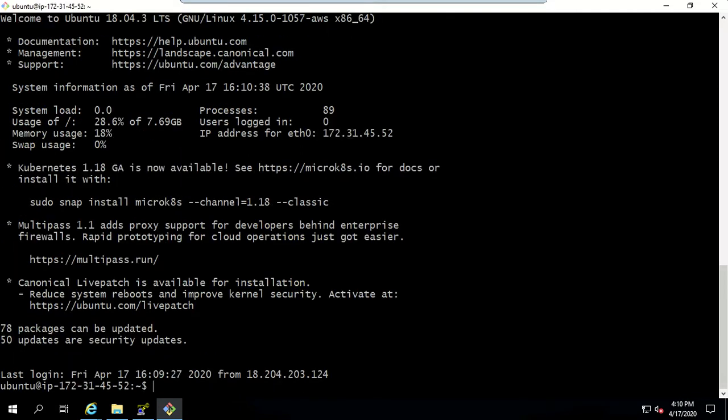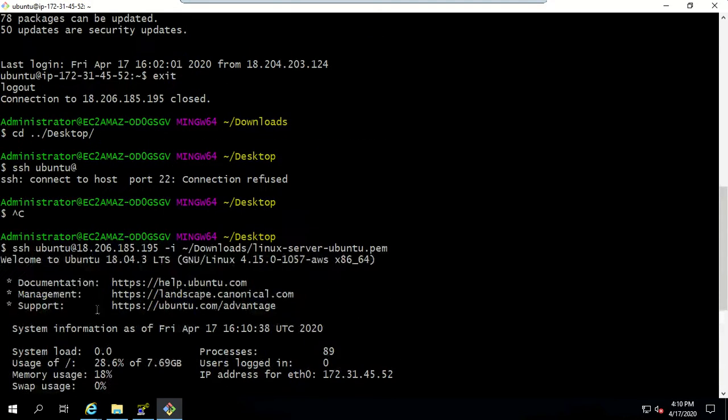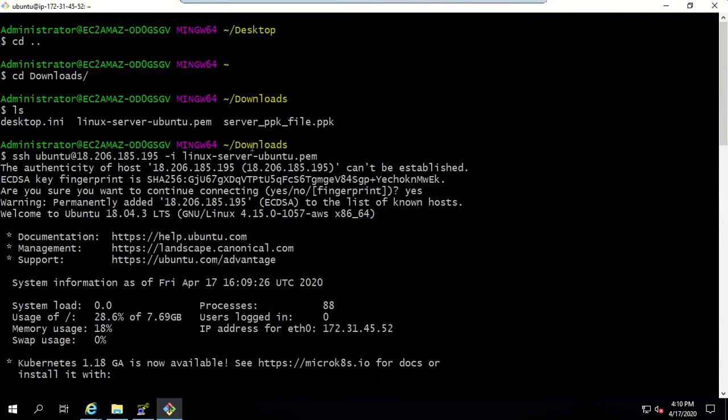This is also valid. So it's up to you which option you want to utilize. You can either give the entire location, or you can be in that location and give the PEM file name. This also works. So this is how you can use the SSH command to connect to your EC2 instances.